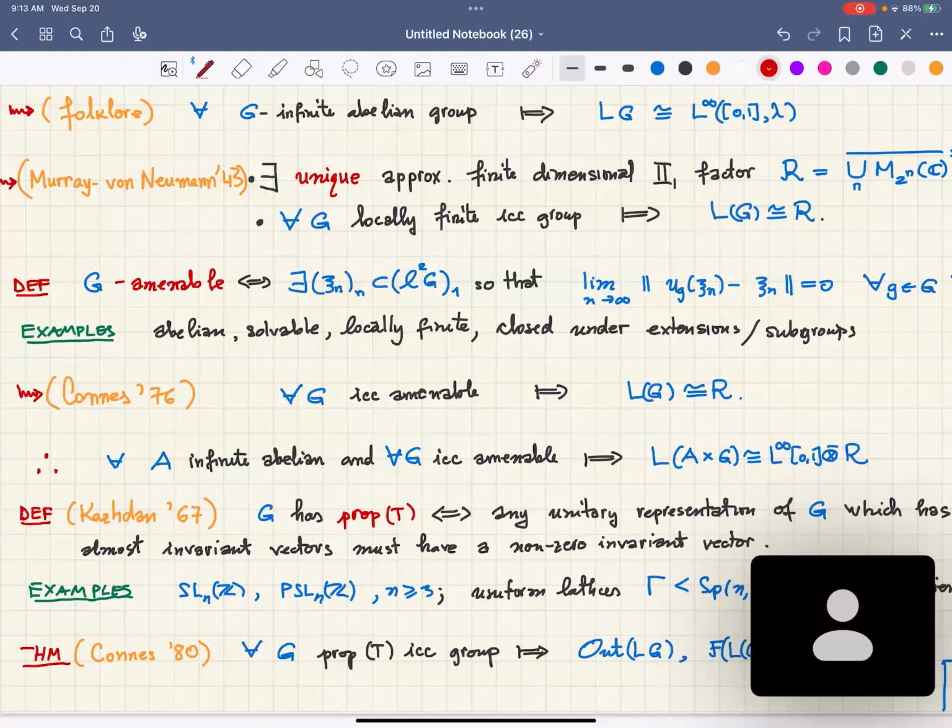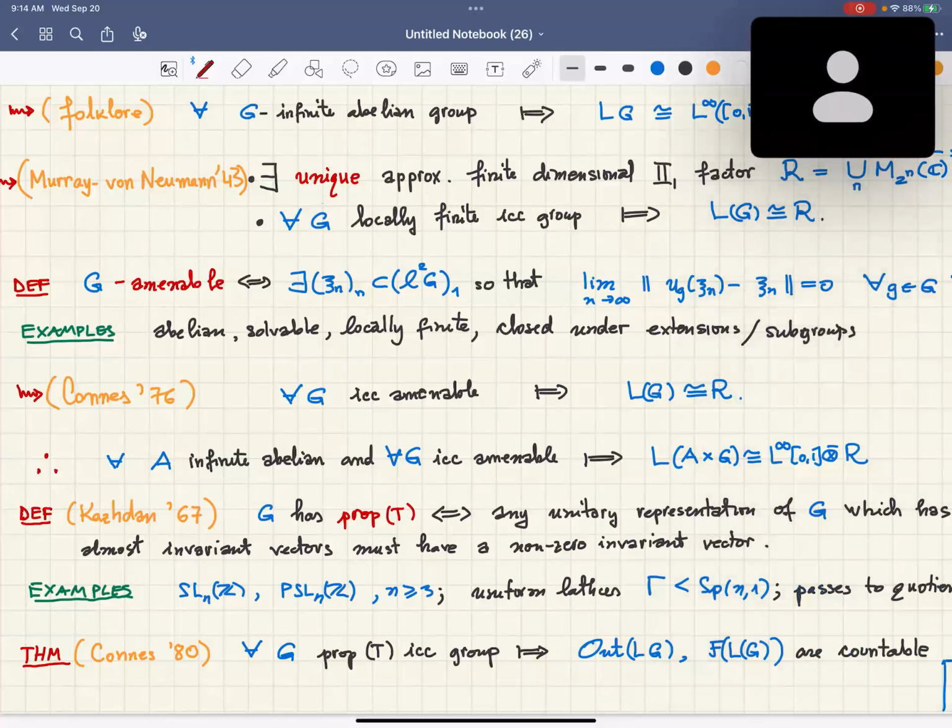Connes. Of course, there were other examples where people could distinguish between group von Neumann algebras, but what I'm talking about here in particular is this family of groups introduced by McDuff. But I'm not going to talk about that. However, in the 80s,